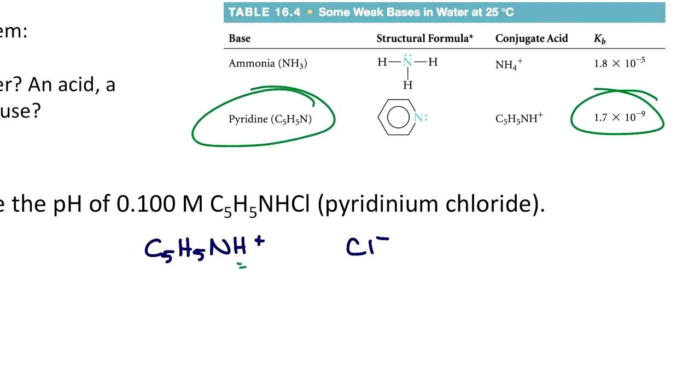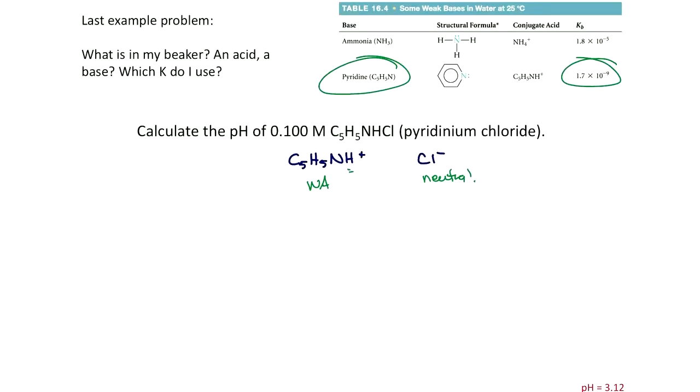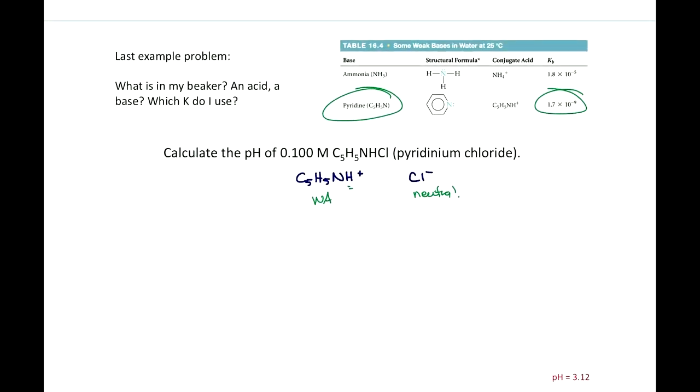So this is acidic. This is a weak acid, while chloride is pH neutral, so we can ignore that chloride. If pyridinium chloride is a weak acid, what K expression do I want to use? Ka. Did I give you Ka? Nope, I gave you a Kb. So we can simply get Ka by doing Kw over Kb. I know those two values. Do the ice table in your head. It's x squared over what? 0.1